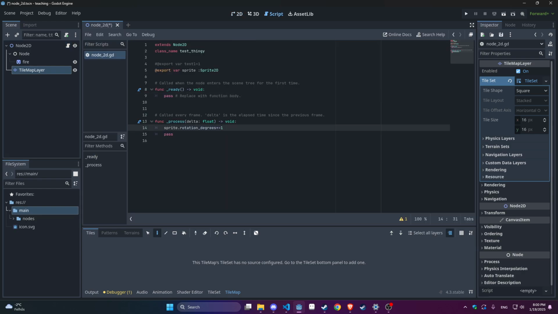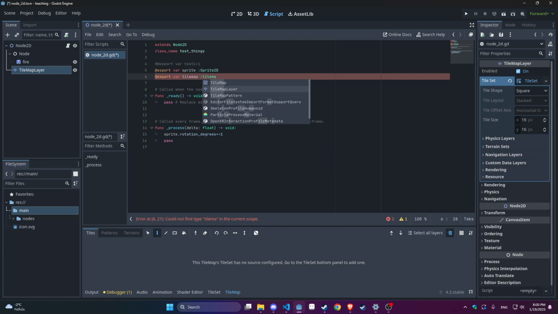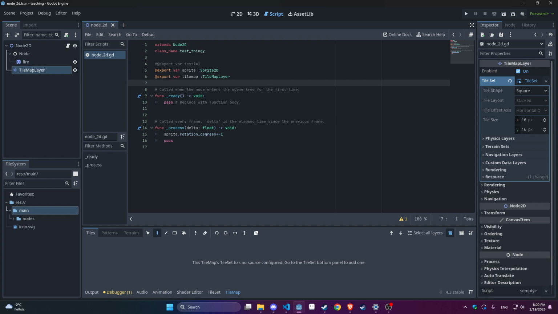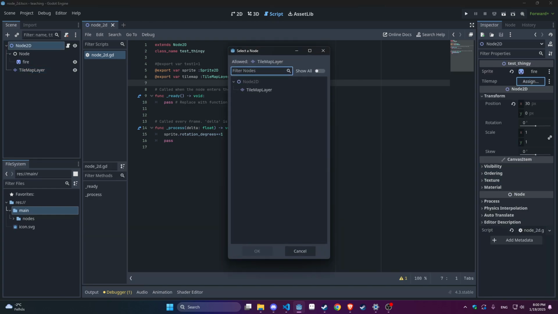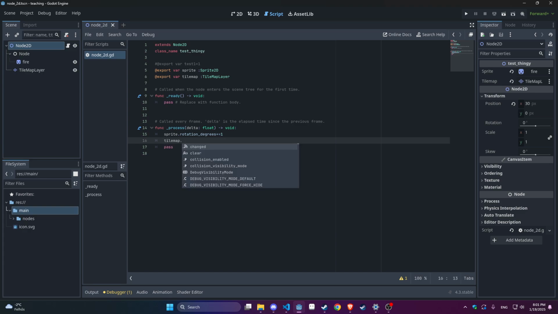Anyway, you want to, I don't know, export var map TileMapLayer. So this way we can choose it. Yeah, we have our tile map layer. And let's say here we want to do things with the tile map. And here you see that a bunch of things are popping up. What's up with this? These are basically the things that you can do